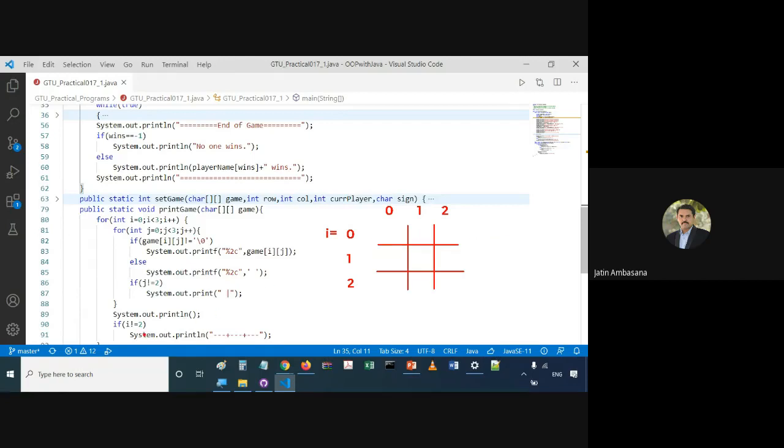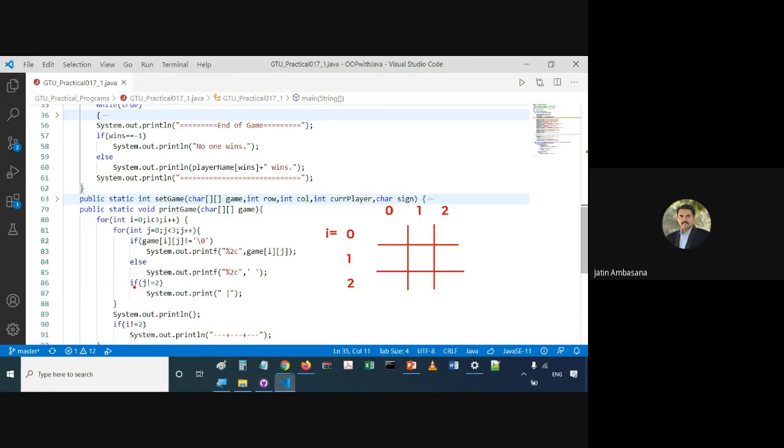So that row separator is being printed over here. We check if i is not equivalent to 2. i is currently 0, so obviously we can print this separator. Similarly, for i equal to 1 also we can print this separator. But for i equal to 2, we cannot print a new separator. That's why we print this row separator. This is the column separator, this is the row separator, this is the column separator.